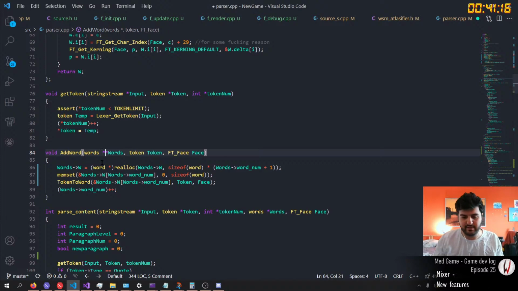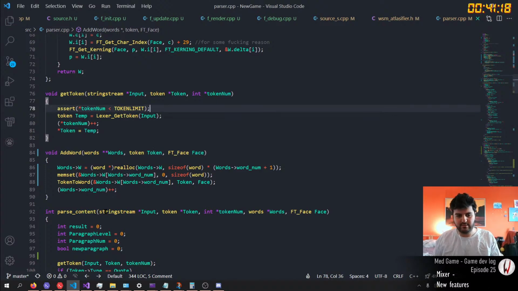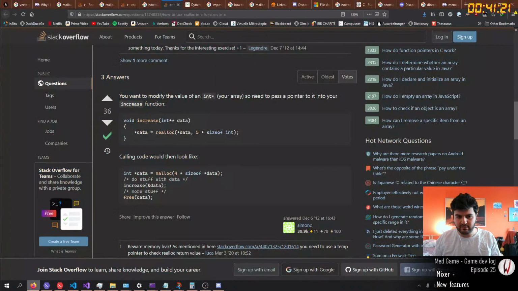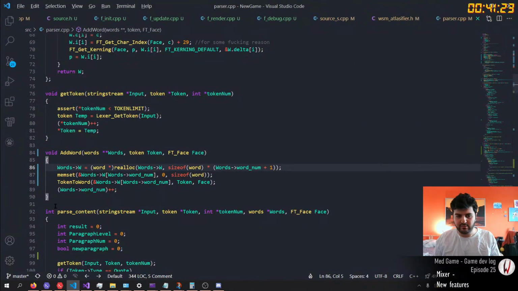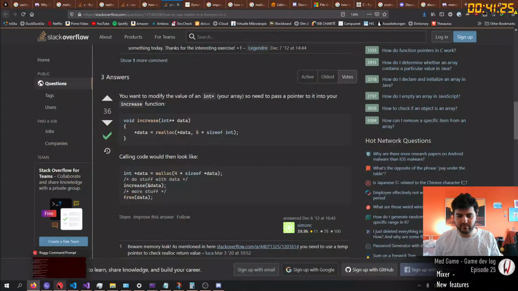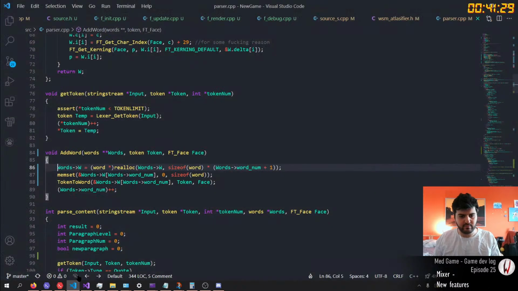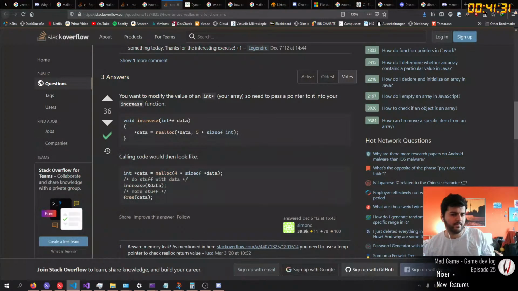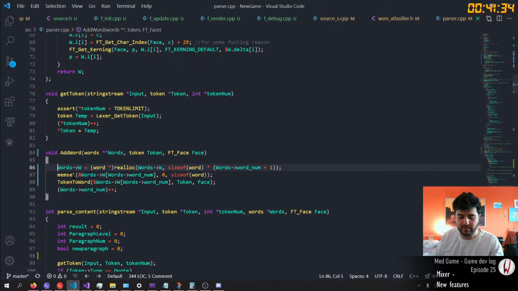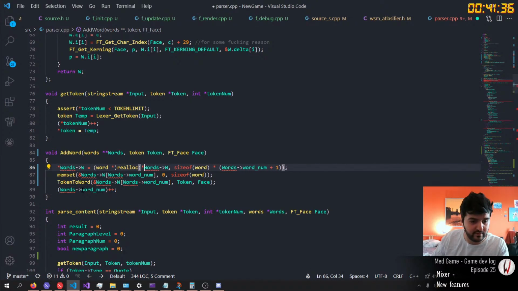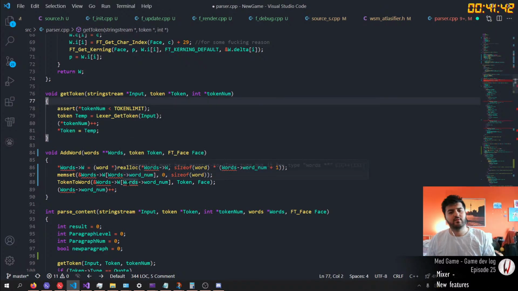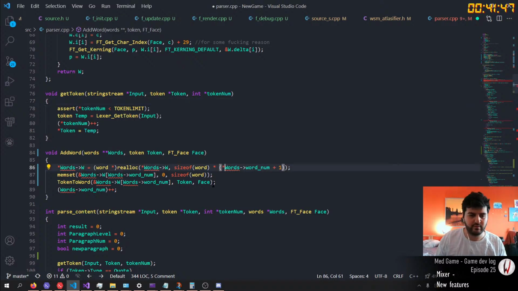So I think I need something like this, and then I need to dereference it. I think so, right? Yeah, and then I dereference, and then here and here also dereference that.